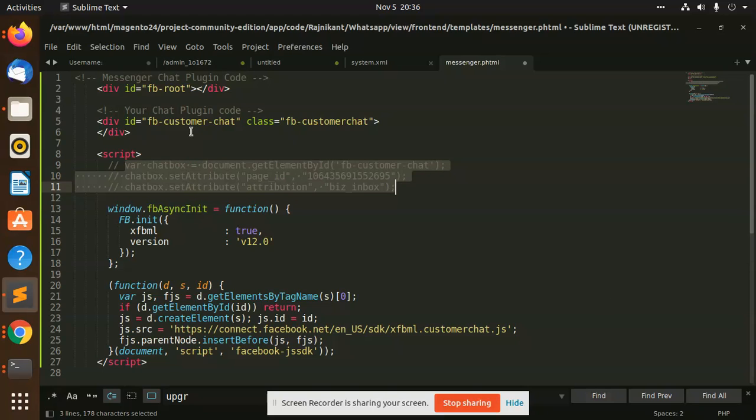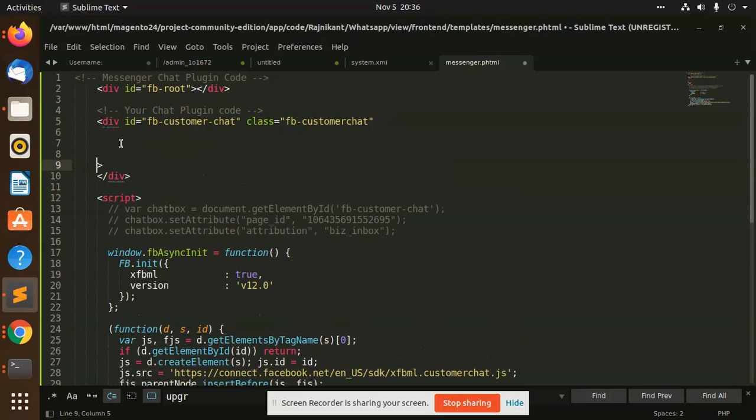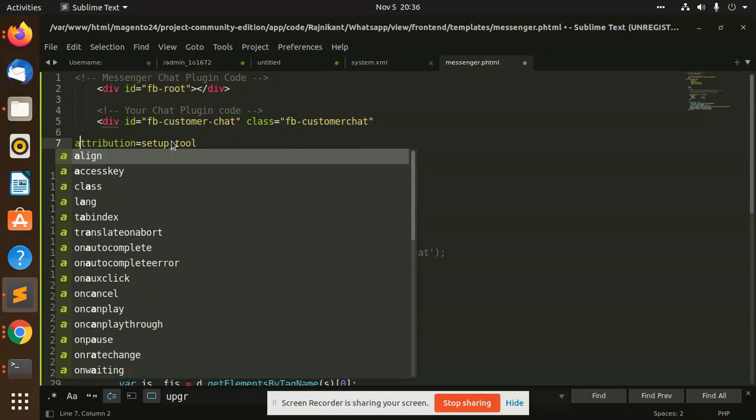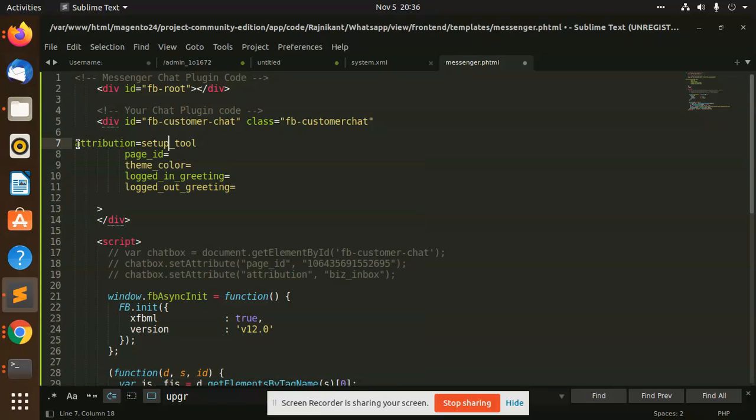And to make it dynamic, this is the customer Facebook, and I'm going to add this page attribution setup: page id, theme color, button greeting, and here we are adding them.